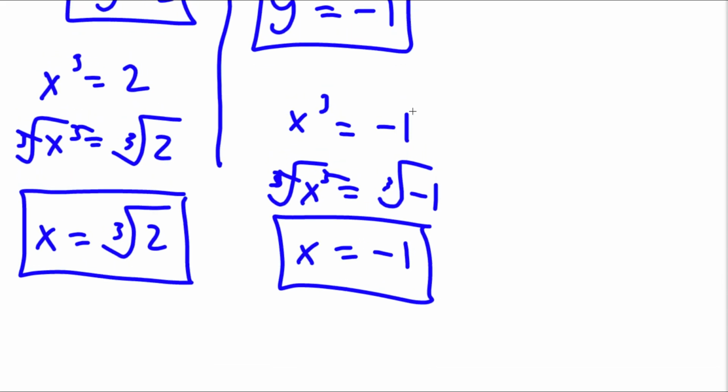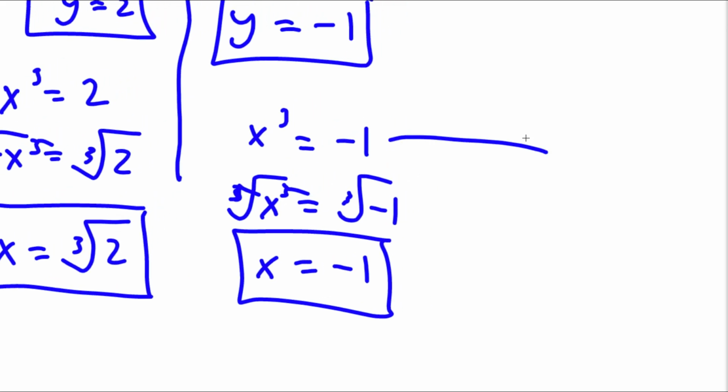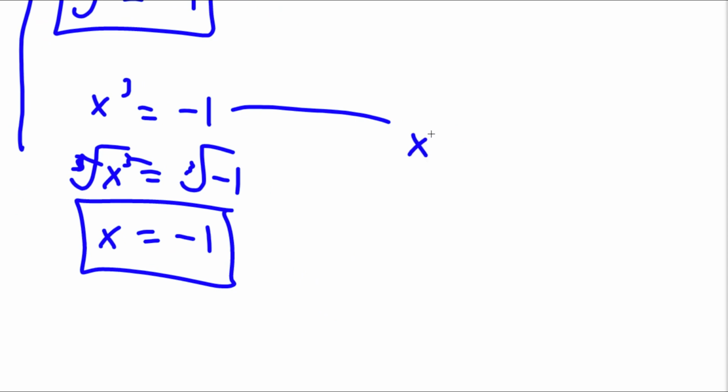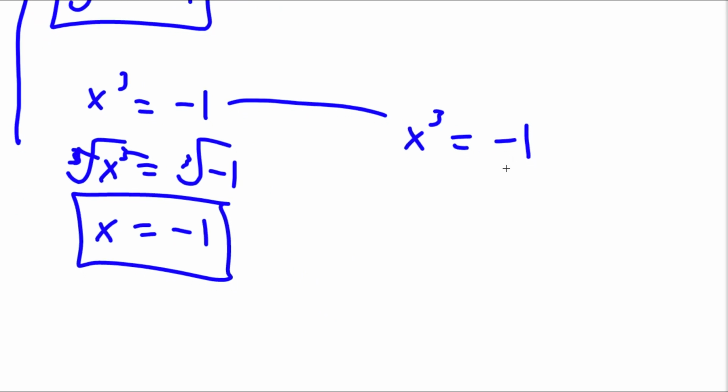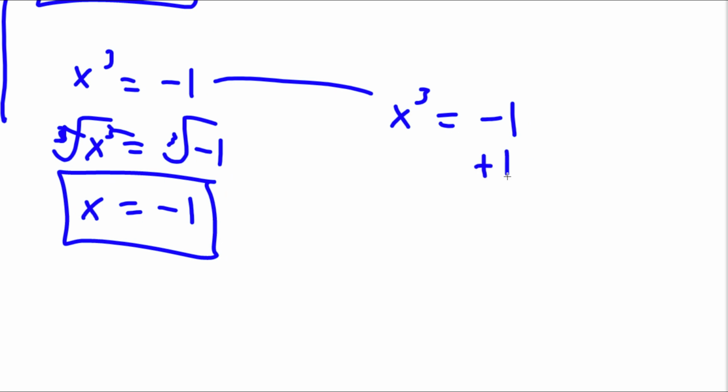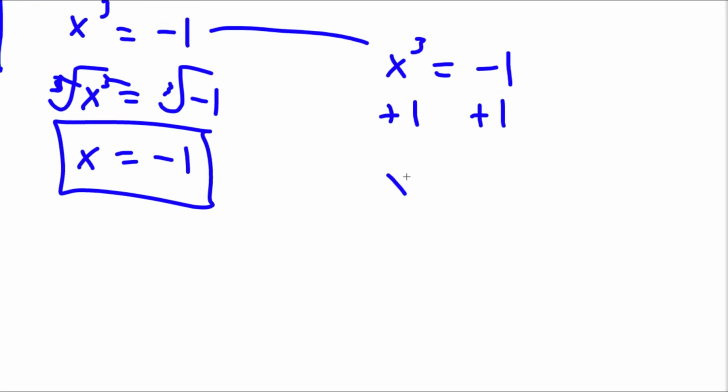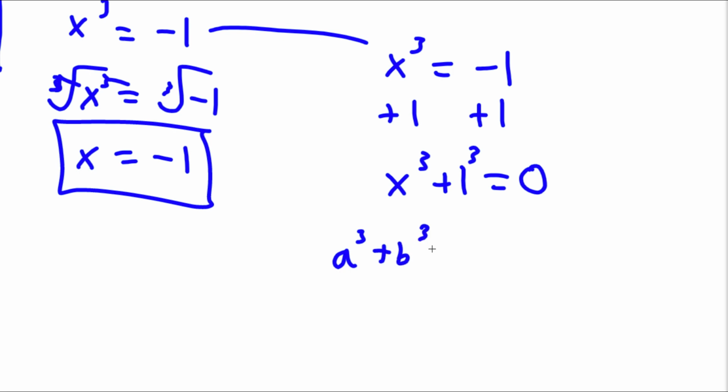Now, we are not actually done yet, because if x to the power of 3 equals negative 1, we can actually find another solution to this. So if x to the power of 3 is equal to negative 1, I'm going to first start by adding 1 on both sides. So now I have x to the power of 3 plus 1 is equal to 0. Now 1 here, this is the same thing as 1 to the power of 3. And if I have something in the form a to the power of 3 plus b to the power of 3, this is equal to a plus b times a squared